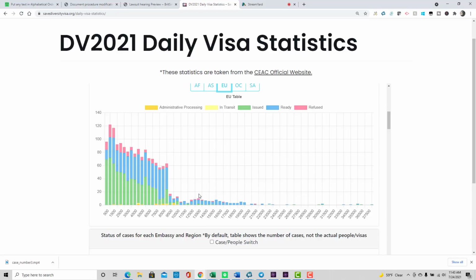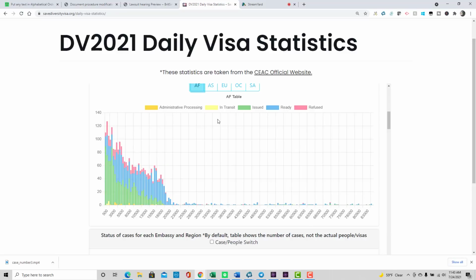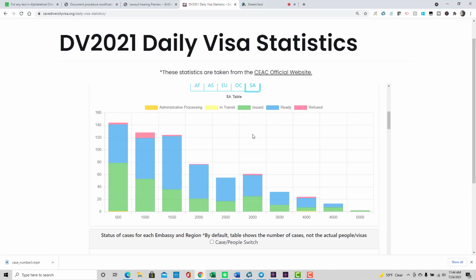Well, we know that's not true. There isn't a good explanation for that unless you understand how KCC are processing documents. Same thing can be said for Africa, OC, and South America. In later case number ranges, there is less activity, less cases are ready for scheduling.